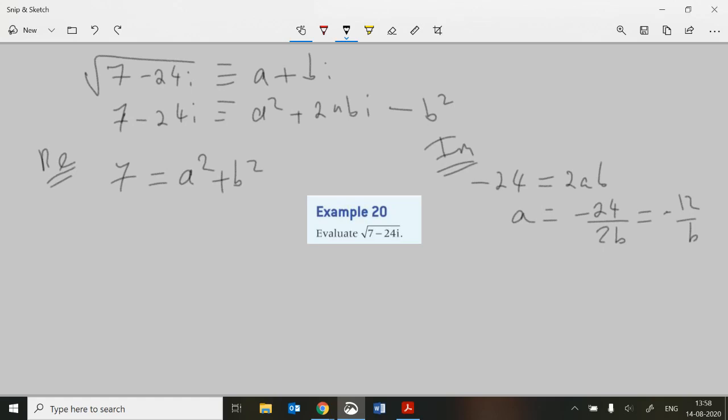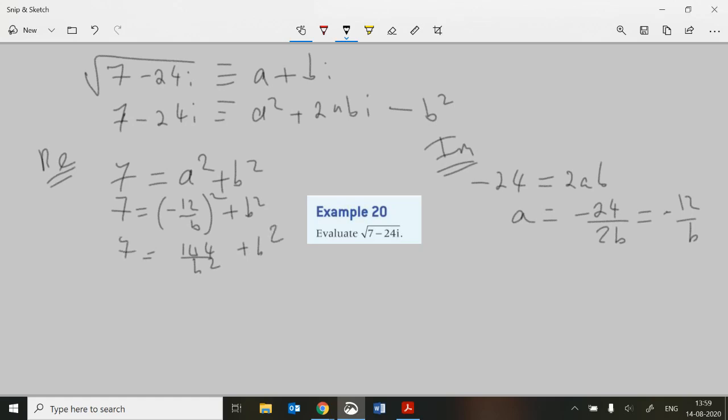And I'd probably say to the examiner what I'm doing at that point. I might actually say sub a is equal to minus 12 over b into, I might call this 1, call this 2, and say sub it into 1. Okay, but since I've not got a lot of space on here, I'm just going to go straight for it. So I'm going to say now 7 is equal to minus 12 over b, that's squared, plus the b squared. Then we can multiply that out, of course, so we're getting 144 over b squared plus b squared equals